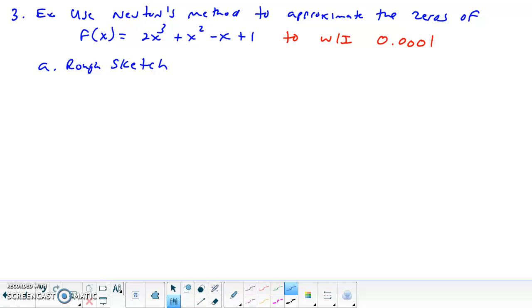Rough sketch. So first off, in our rough sketch, let's figure out the end behavior. That should be simple. That's right, 3 seconds. So end behavior. So the +2 says it's going to end up which way? End up. And the 3